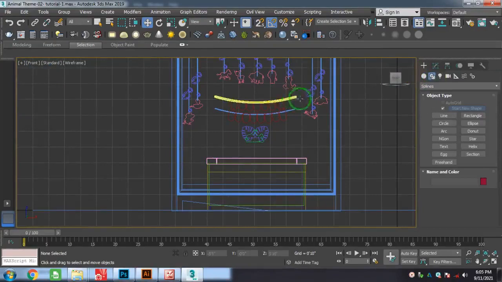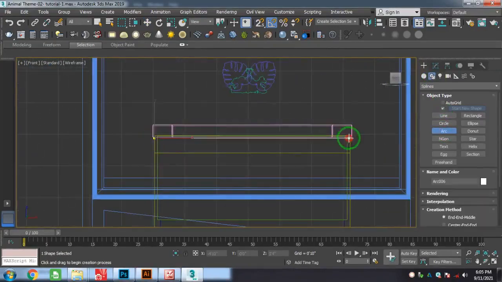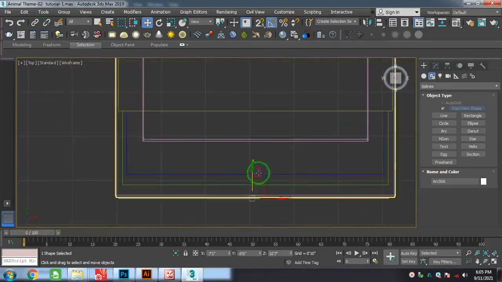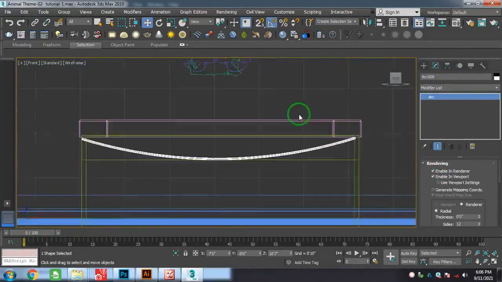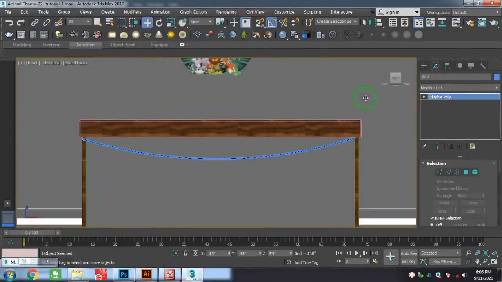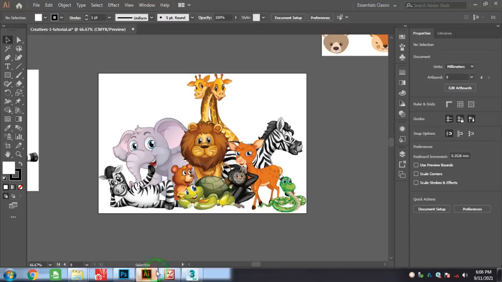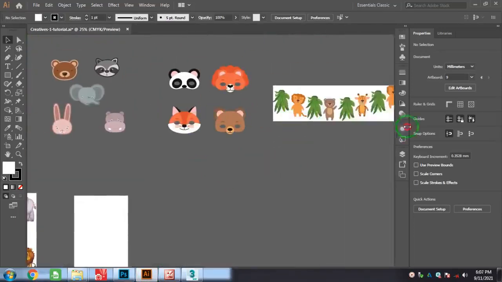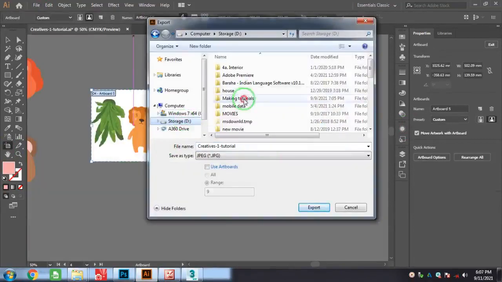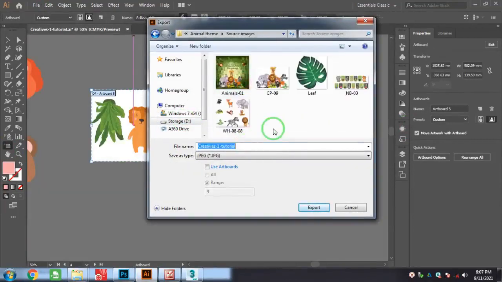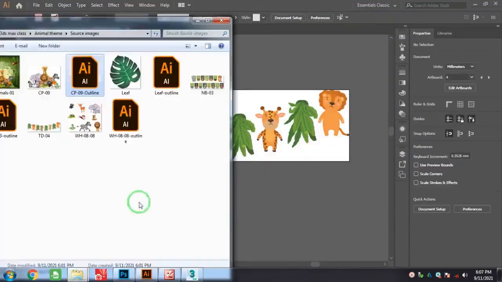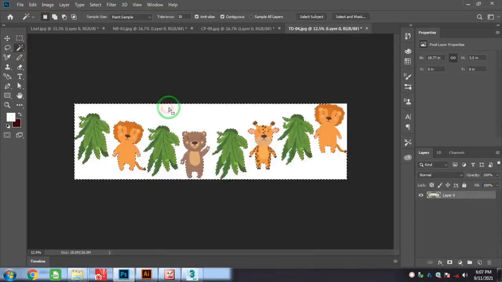Here I have a table and just make decor for the table, and using my arc I just draw an arc, enable in render and enable in viewport, and you just apply a shader to that roof. And I have some designs made in Illustrator. I just export it in JPEG format and just open it in Photoshop, and you select the background and Control I for reverse, and you just go to export and pass to Illustrator,